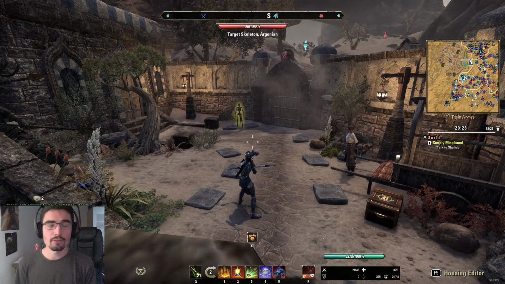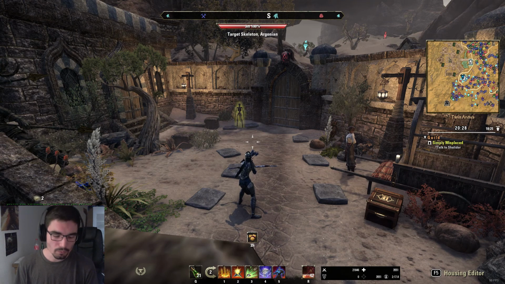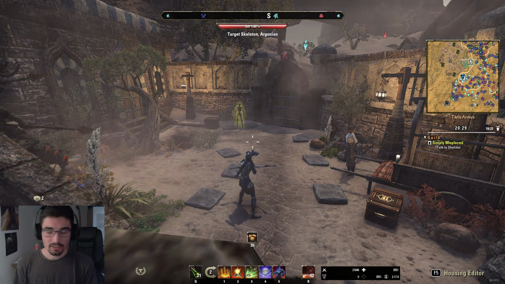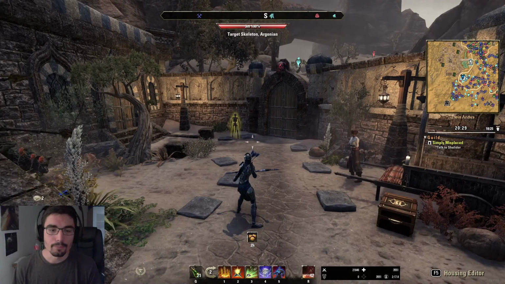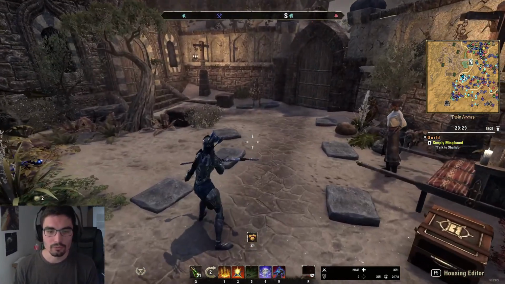Welcome everyone. Everybody prepared to press the dislike button, because this is a bow build. What's not to dislike? But before I even start talking about it, I want to do basically a comparison, because